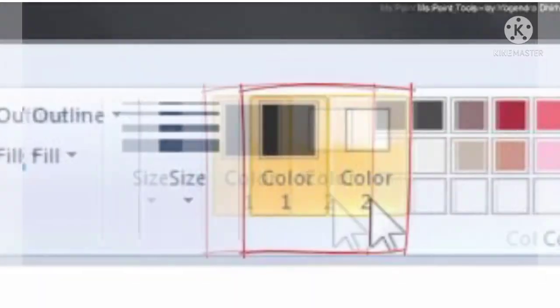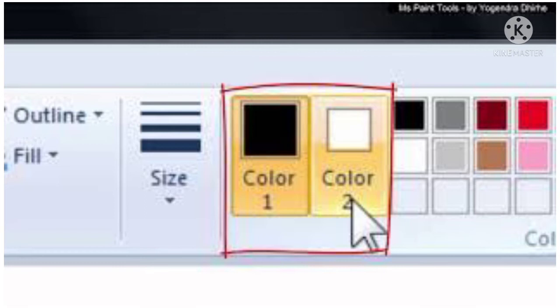Working with colors group. The colors group of the MS Paint window is used as a color palette to choose and add color to the drawing. Color 1 and Color 2 boxes. You can set colors by clicking on the required box.